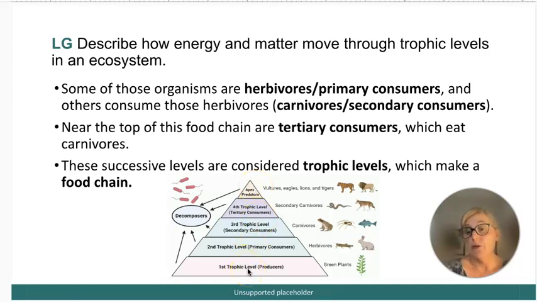For example, with humans, we are apex predators, and it might be corn is our producer, and then cattle is our primary consumer, and then us, we eat hamburgers. We are the third level, which is a secondary consumer. Food webs, food chains, trophic levels, energy pyramids, biomass pyramids, those are all things we're going to be talking about. Most of them have 3 levels, sometimes 2. For us as apex predators, if we eat plants, it's only 2 trophic levels. So having 5 is a little bit unusual. Really it's a food chain from the bottom to the top.